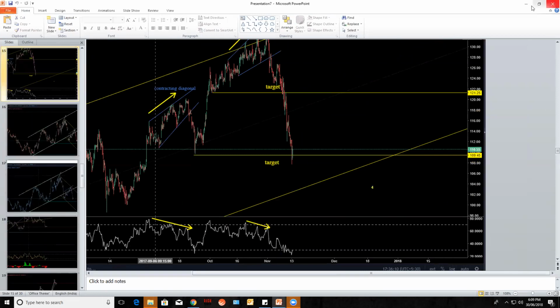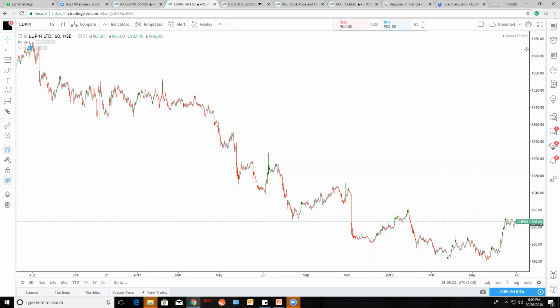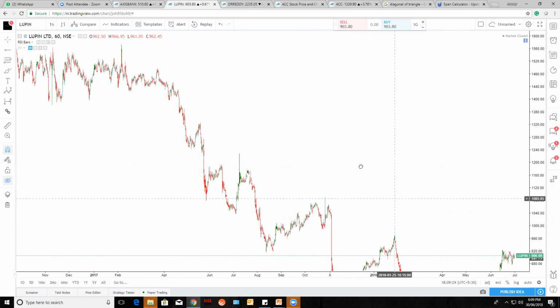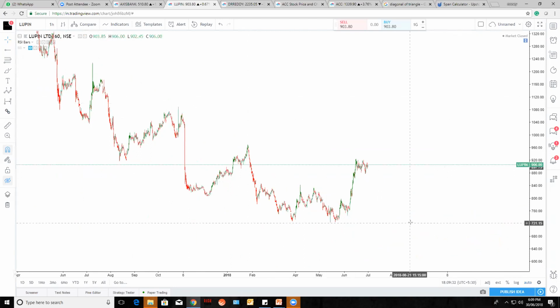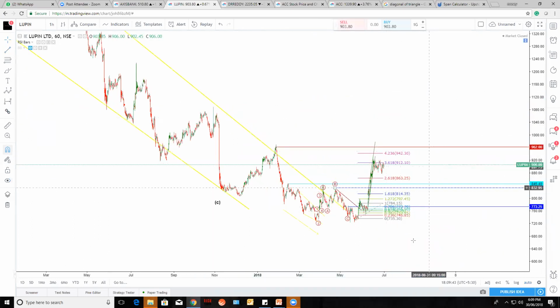If you find one monthly setup or one script which is making an ending diagonal, believe me, it will make you rich. It will make your money double within a short period of time. So from now, what is your work? To find the ending diagonal, most ending diagonals, or at least after one impulse, trade for the second impulse wave. So this is how the diagonals will work, and we will differentiate the leading diagonal and the ending diagonal while going through Elliott wave.